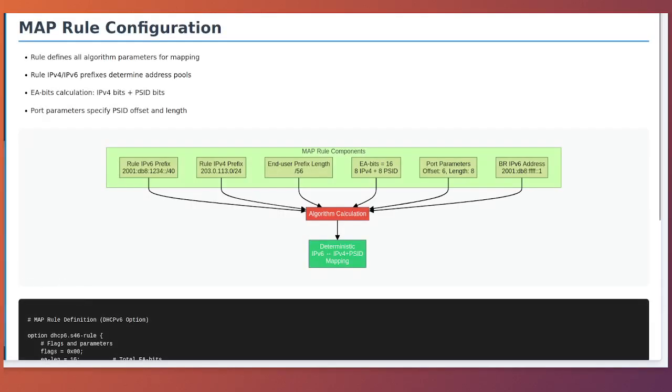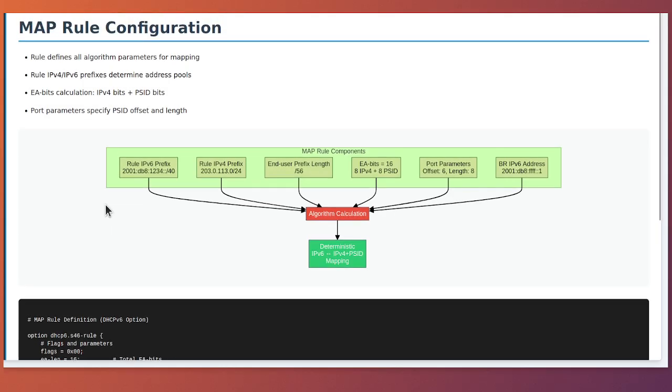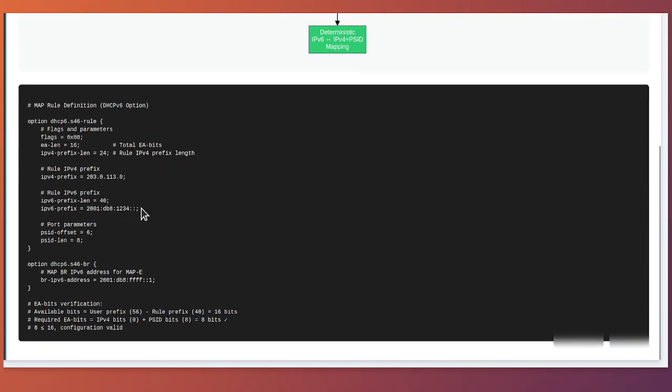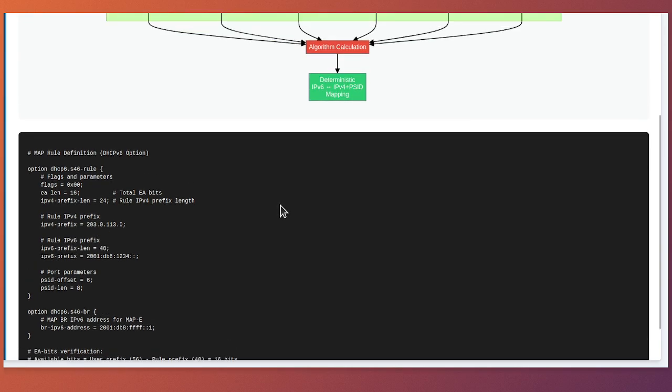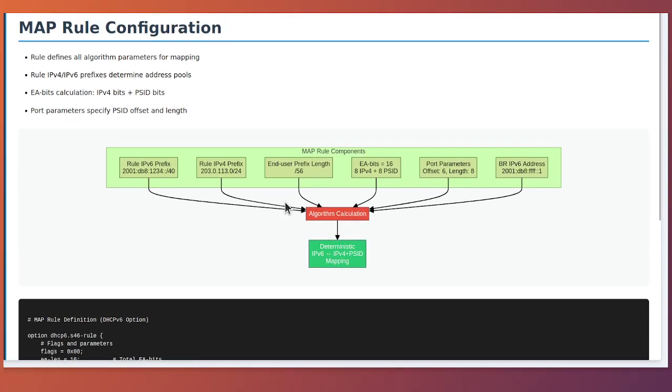MAP rule configuration. Configuring MAP requires careful planning and understanding of the MAP rule parameters that govern the entire system. The MAP rule is a structured set of information that defines how the mapping algorithm operates. Every MAP-CE and MAP-BR in the deployment must have consistent MAP rules to ensure the addressing algorithm produces compatible results. The rule defines several critical parameters that work together to create the mapping between IPv6 addresses and IPv4 address plus